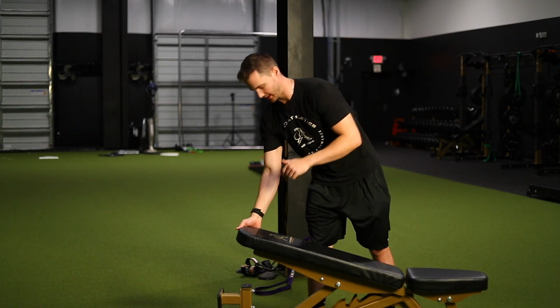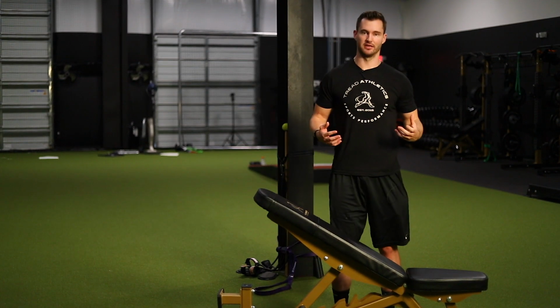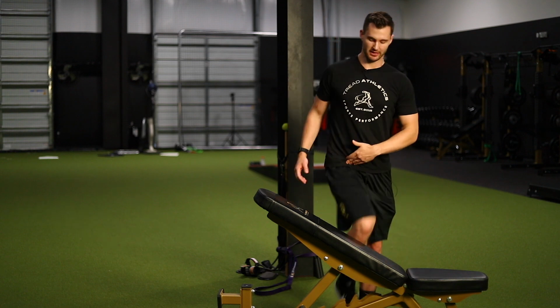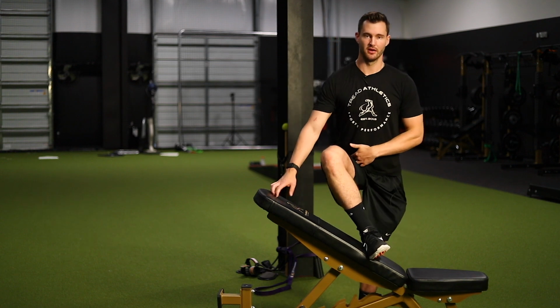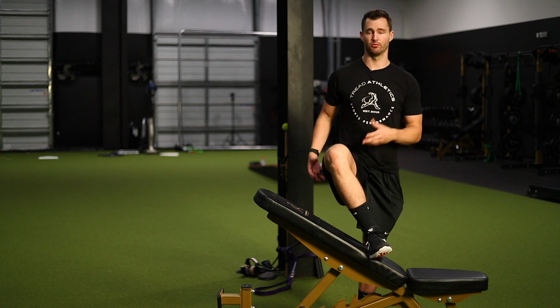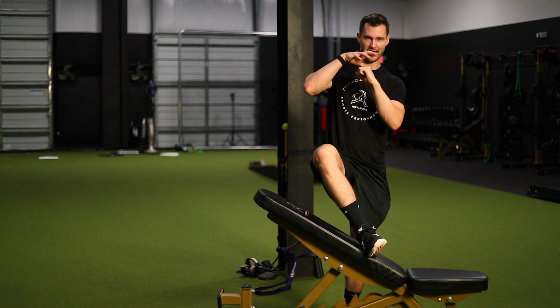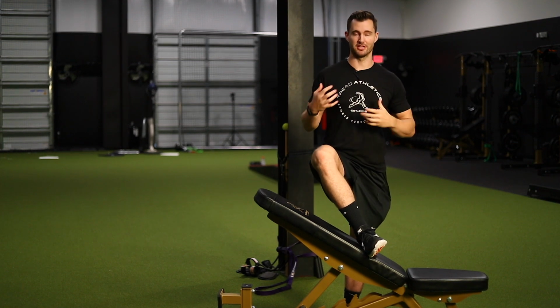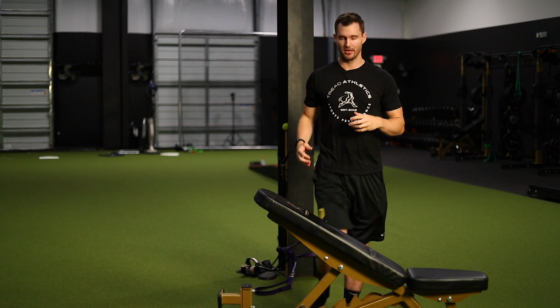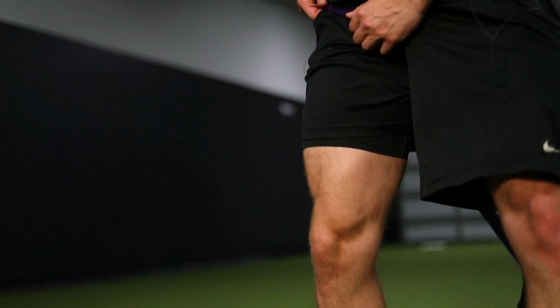If you guys are feeling any sort of pinch in the hip, then one thing that you can do is add a band distraction. Sometimes you might be getting kind of a pinch in the front of the hip as that joint kind of closes down, especially if you have really tight adductors. So a band basically pulls the head of the femur back in the socket and clears room as you get deeper into the stretch. So if you're feeling a pinch, you can basically set up a band, step through it,